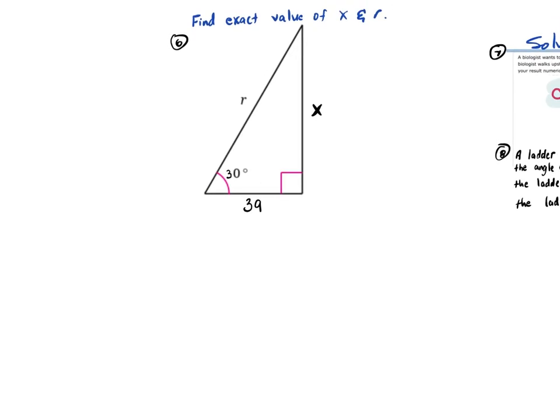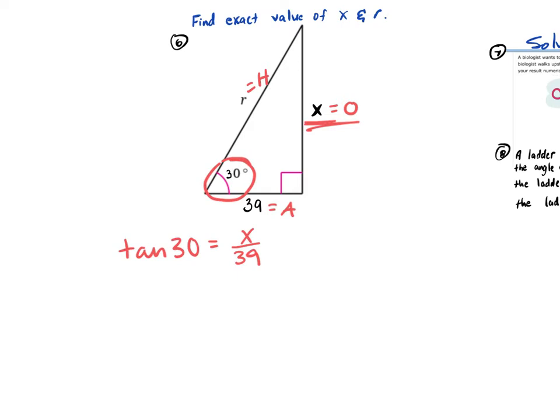All right, so what do you want to find first, x or r? X. Sure, let's find x. So if this is our theta, 30 is our theta, x is opposite, 39 is adjacent, and r is hypotenuse. So we're looking for x first. So we have opposite and adjacent. What involves opposite and adjacent? Tangent. So we're going to find the tan of 30, and that's equal to opposite over adjacent, so x over